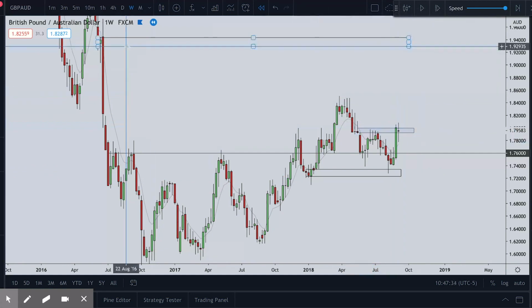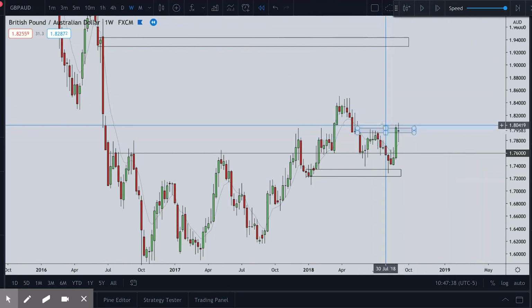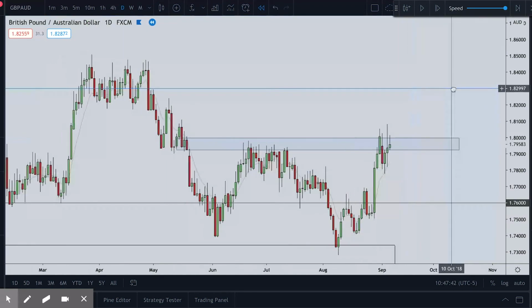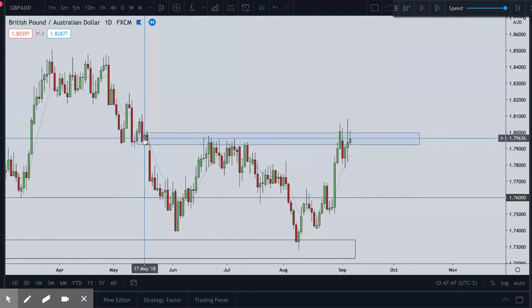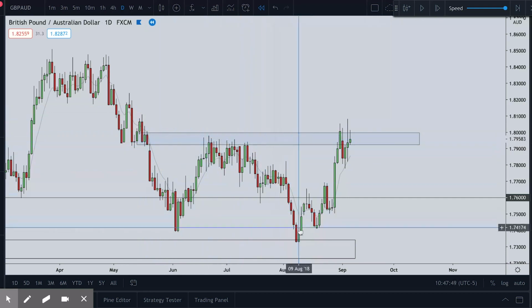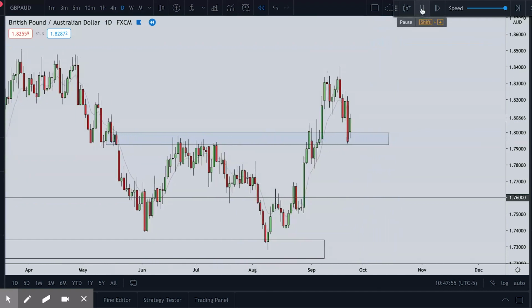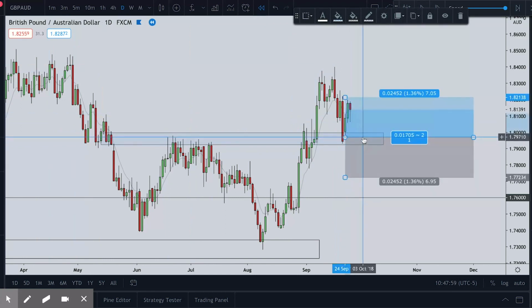Now, I would be interested, looking at it again, in actually buying from this zone now that we've taken the high of that zone. So if we just look at the daily, see where the market is now, what I'd probably be looking at here is, okay, we've seen the supply zone react once, but now it's been taken out. So if we can push up and bounce from this zone, we can probably go and form some upside. So as we can see, looking to buy from that zone